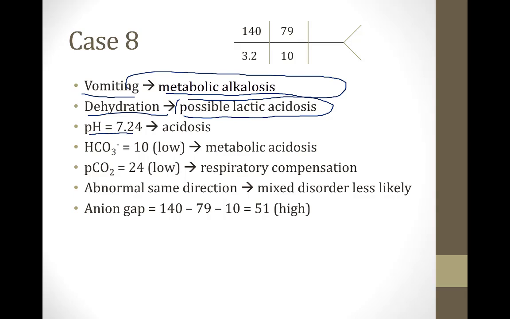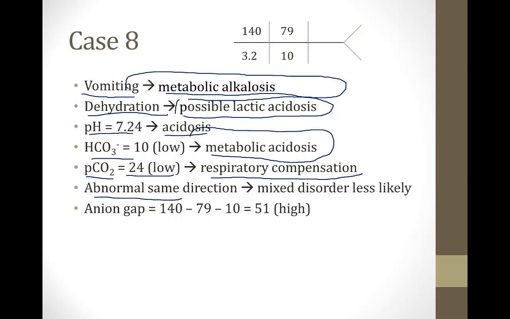The pH is 7.24, so there is an acidosis. The bicarbonate level is low, so there's a metabolic acidosis. The PCO2 is also low at 24, so there's respiratory compensation. Because they're abnormal in the same direction, a mixed metabolic and respiratory disorder is less likely. The anion gap is 140 minus 79 minus 10, which is 51, which is very high, so we have an